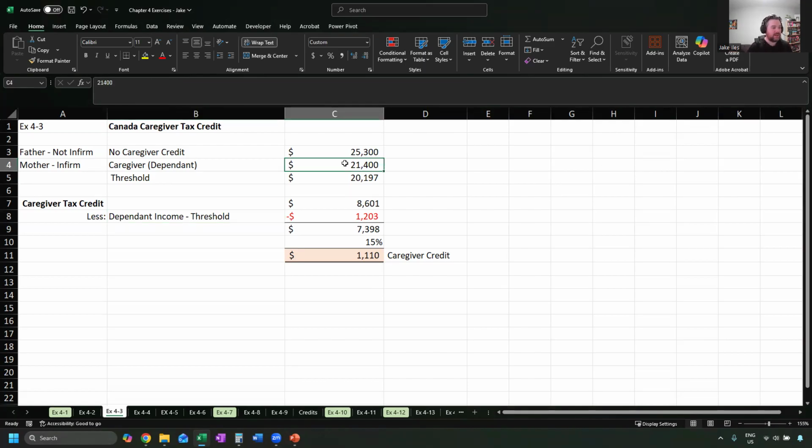So at $21,400, we are $1,203 over our threshold. So we will subtract our income over the amount, which means our credit's only going to be $7,398. Now, it only asked us about the caregiver credit, but this taxpayer would probably also be getting some